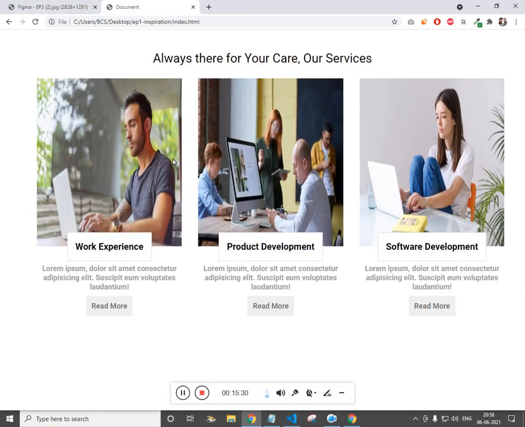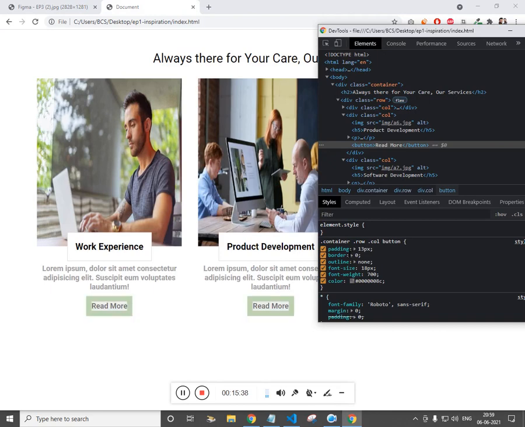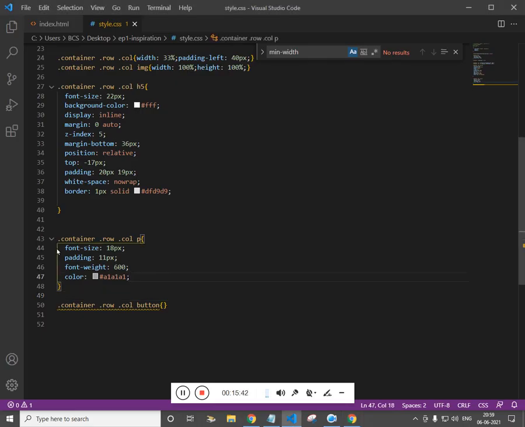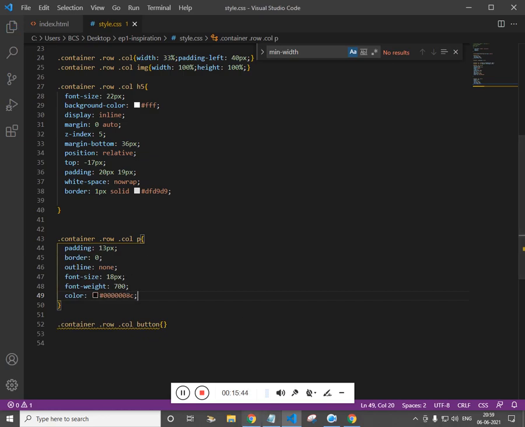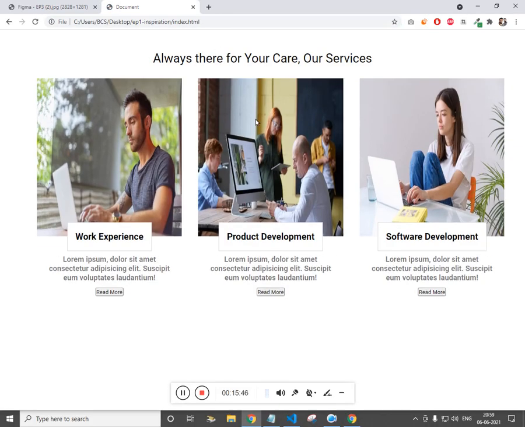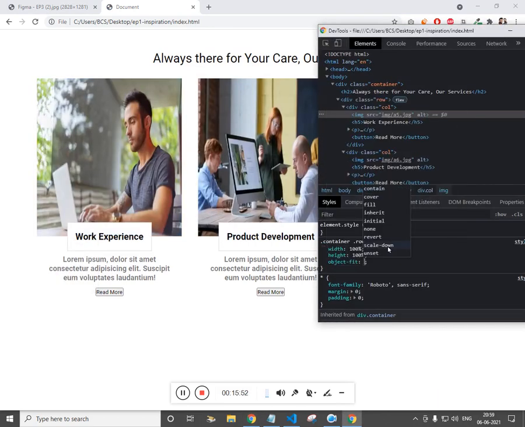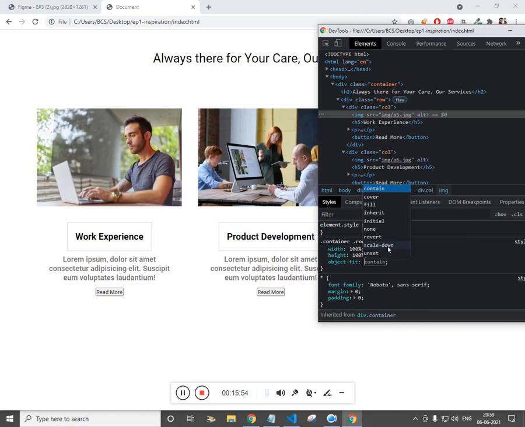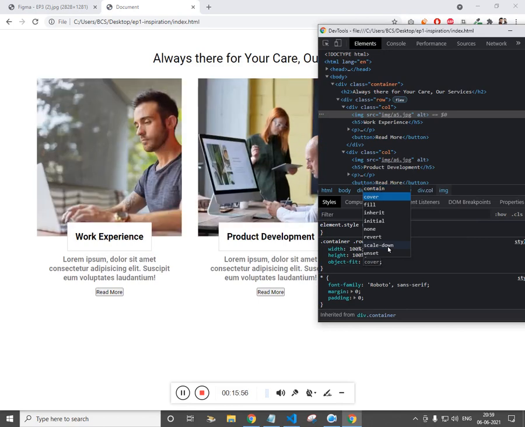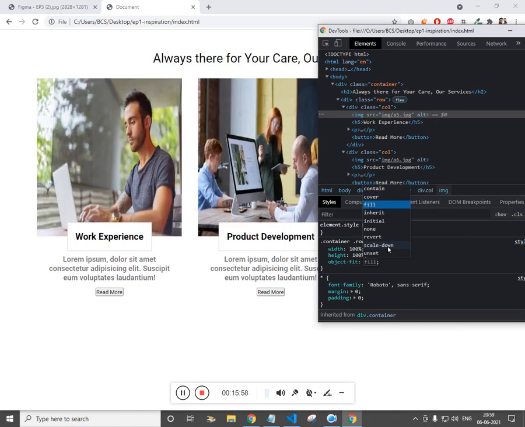So the image is stretched. Let's try to use the property. Before that, let me place this over here. Let's try to use the object fit property. Object fit, cover, fill.